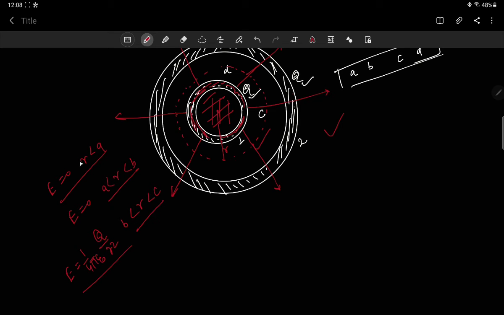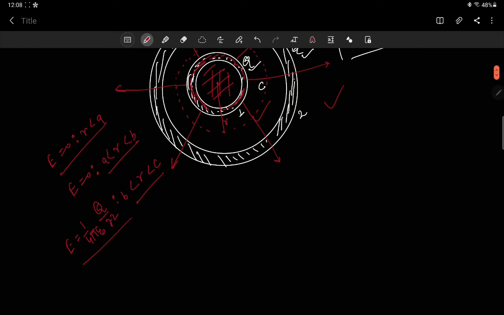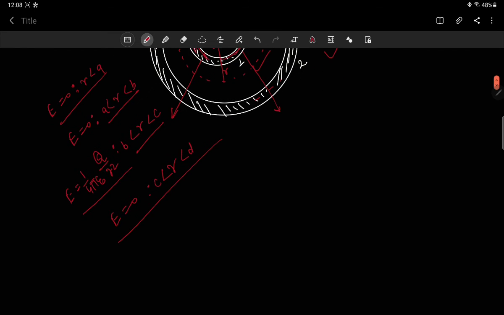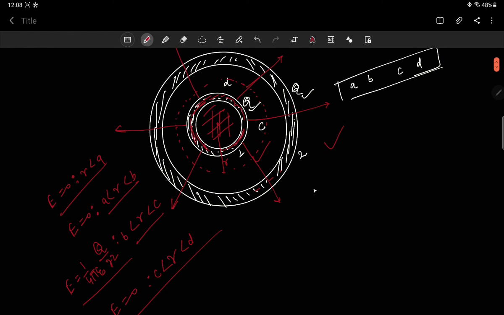So we have calculated the electric field in three regions. Now let's calculate the electric field in the fourth region, which is again the metallic structure, so the electric field will be 0 for R greater than C but less than D. Now if you are asked to calculate the electric field outside this whole system, that is R greater than D,